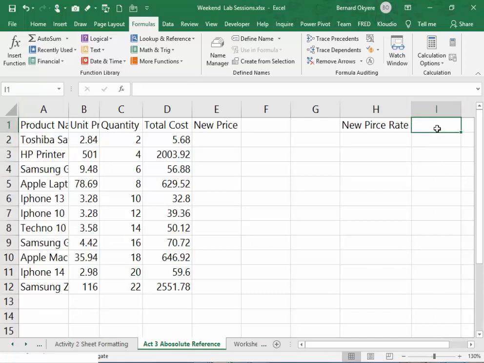Okay. So usually, depending on how they increase fuel, or depending on management decisions,